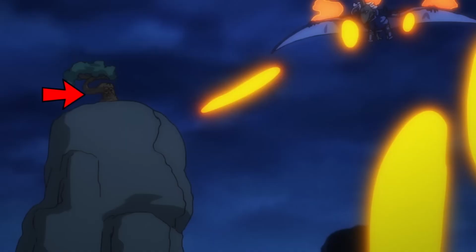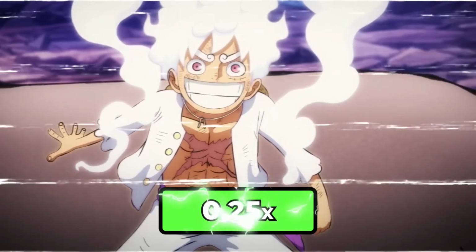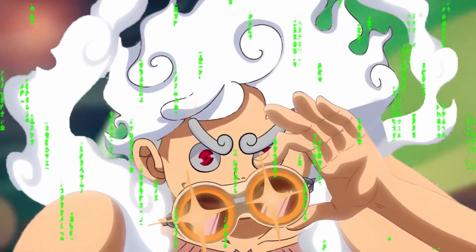Did you notice a hidden secret in this scene? What about this one? You see, there are secrets in One Piece that are really hard to notice at normal speed. And that's why I watched the entire One Piece at 0.25x speed in order to find the most hidden